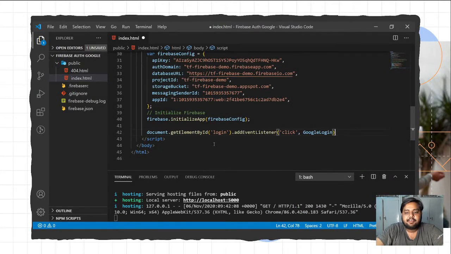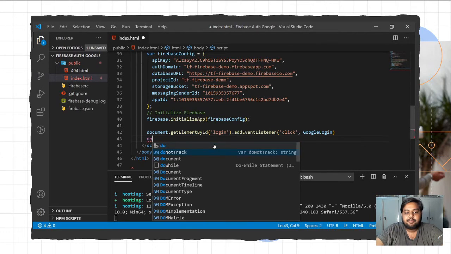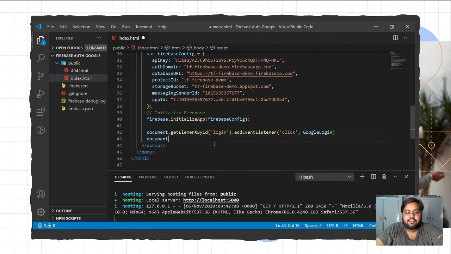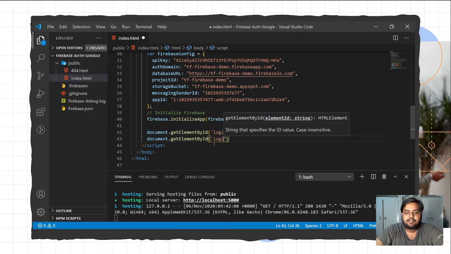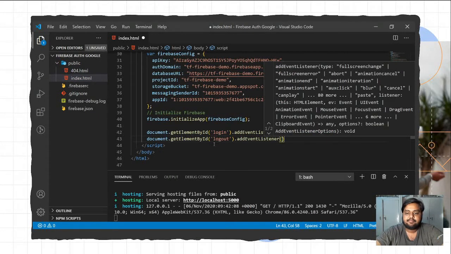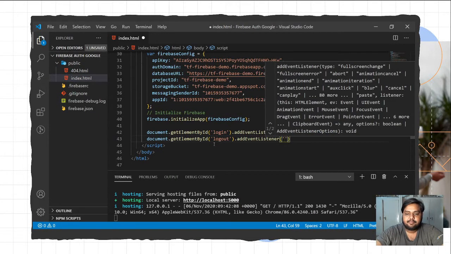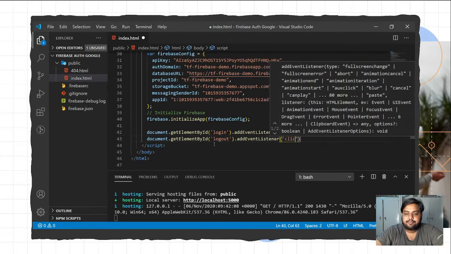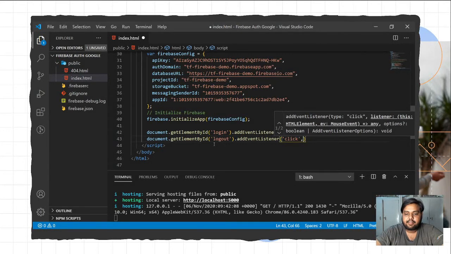And similarly for the logout button, we'll add document.getElementById, and this one is for logout, .addEventListener, and we'll call